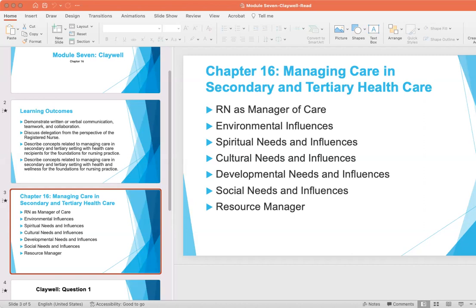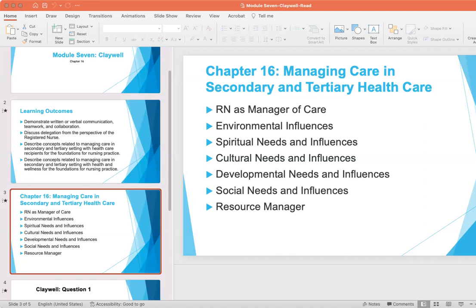Clients may experience spiritual distress. They might need to be referred to a chaplain or whatever religious preferences or spiritual preferences they have. So you need to respect their personal wishes and beliefs. They may require a prayer or a spiritual guide. And you need to also create a culturally sensitive healing experience for your client and their family as well.